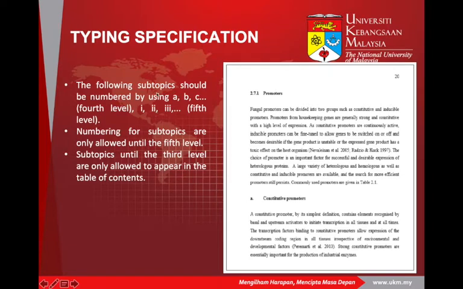The following subtopic should be numbered using A, B, C. For example, this one. So this is after the third level. This is the fourth level. And the fifth level will be Roman 1, 2, 3. Numbering for subtopics are only allowed until the fifth level. Okay? And as I have mentioned previously,